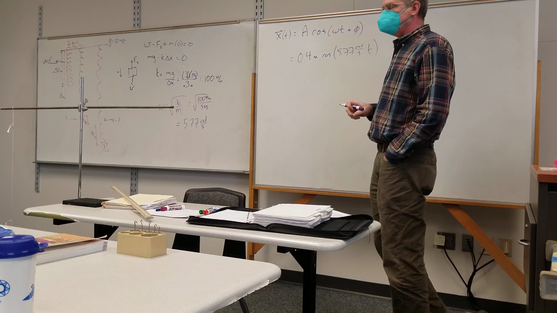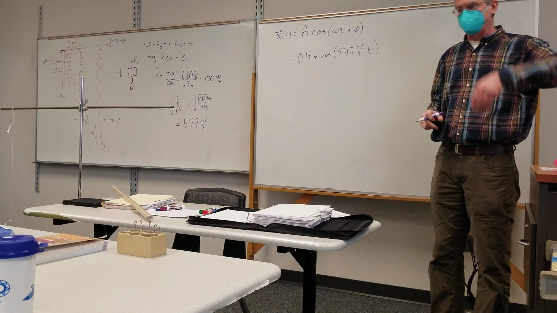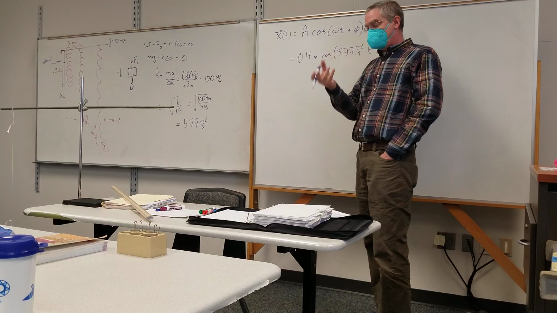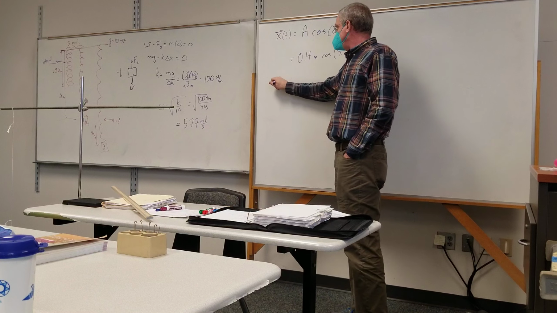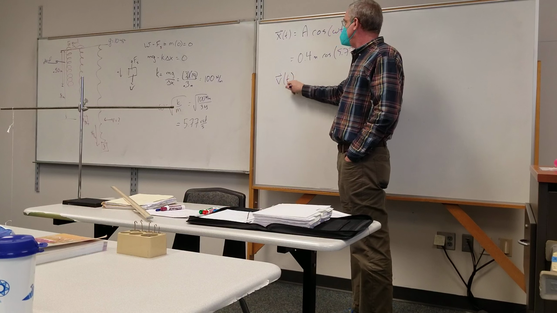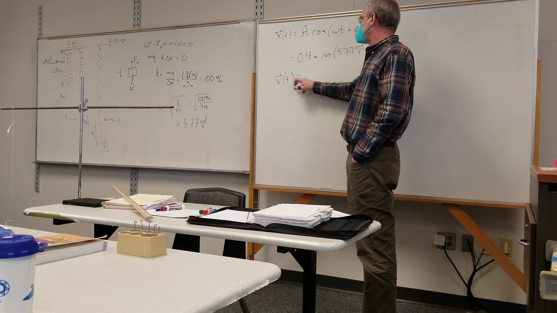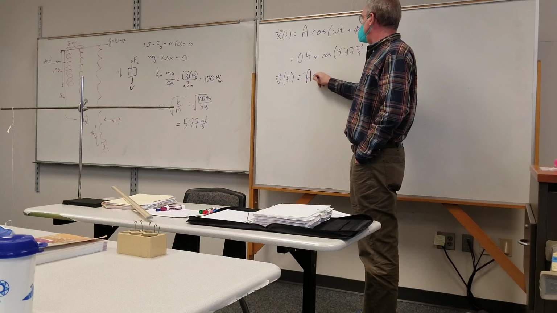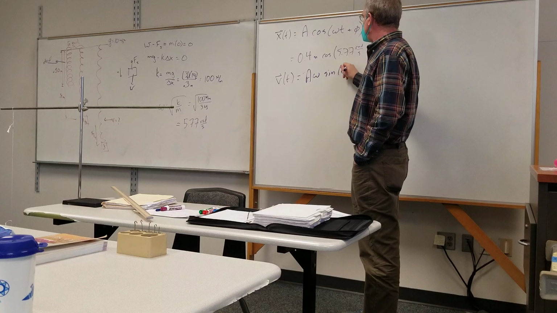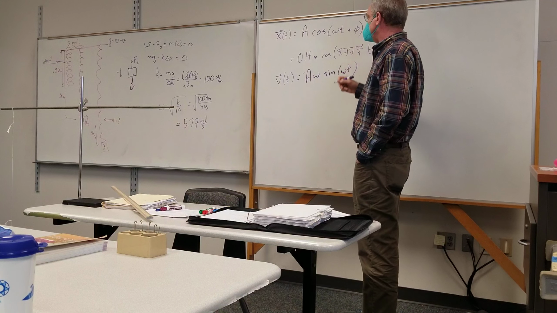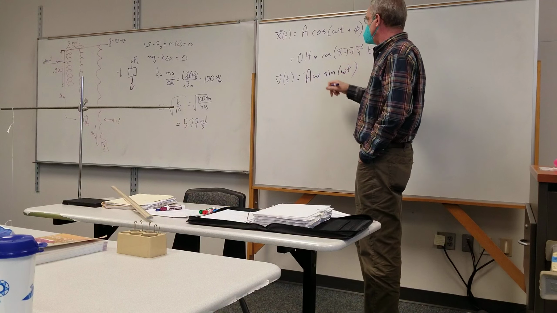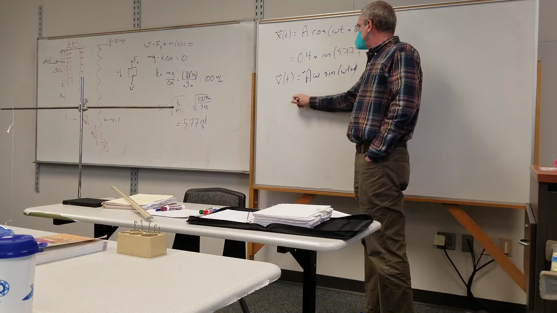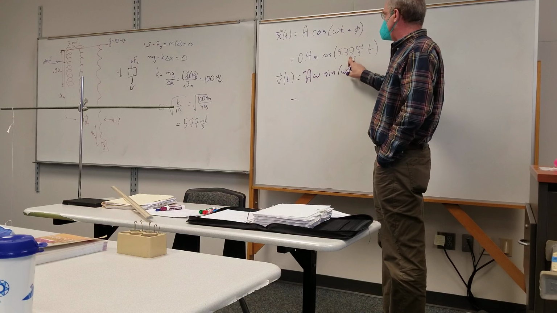I now have a function which describes where it is at some particular time. I know that my velocity function with respect to time is negative A omega sine omega t plus phi. I'll still stick phi in there, but it's going to be 0. So I have negative 0.4 times 5.77